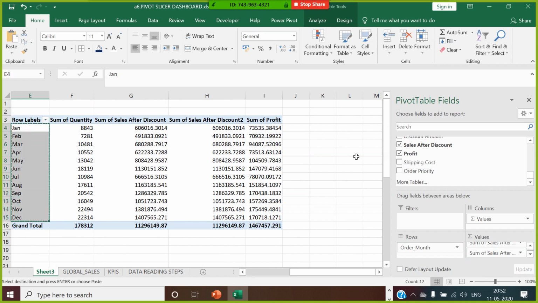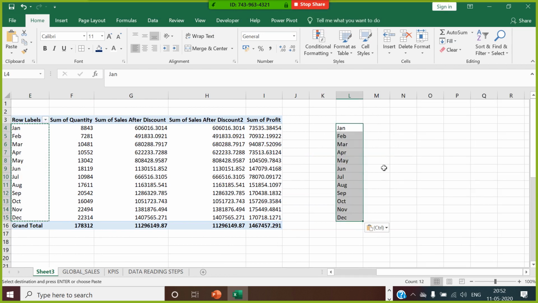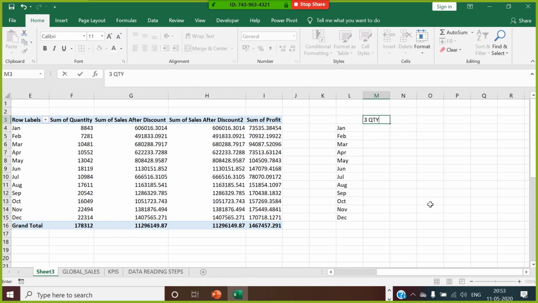So what I do here, selecting this data, I go for presenting this value as total quantity. So let's say sum of quantity. This is called sales in dollar. You have to put it here as discount in dollar.